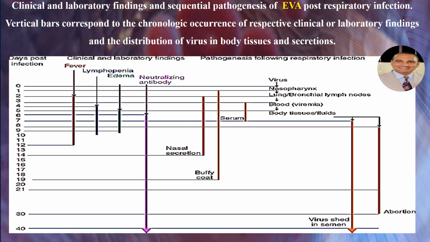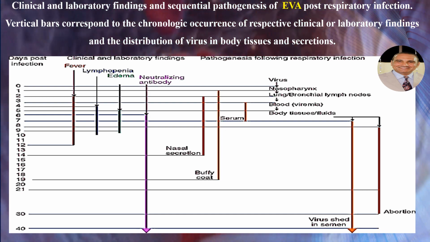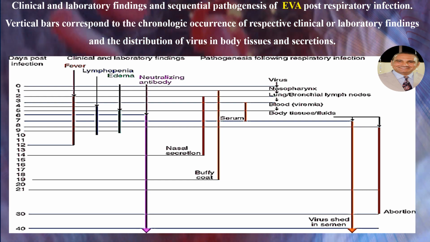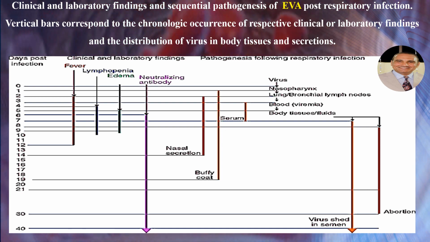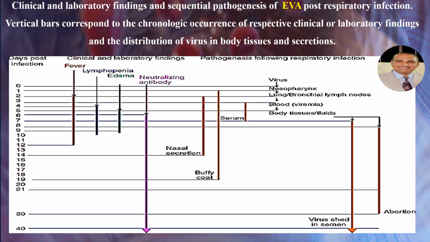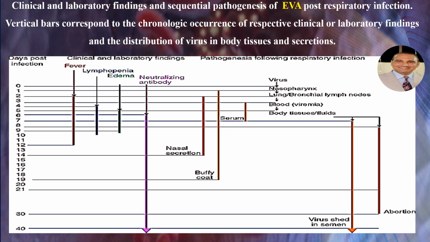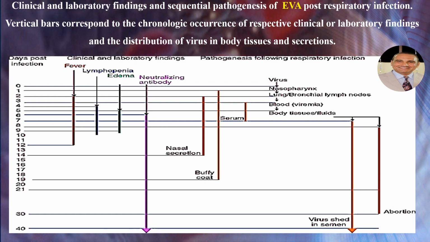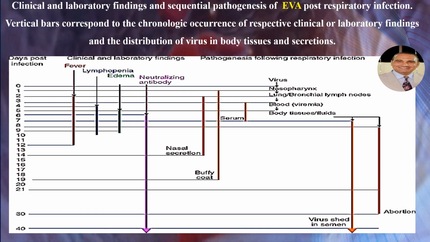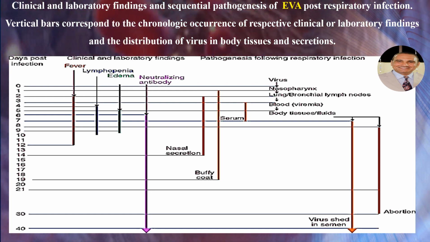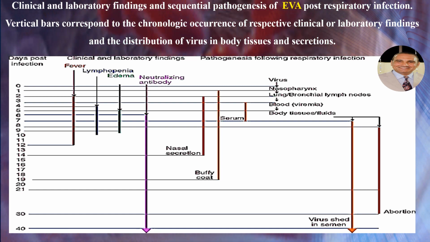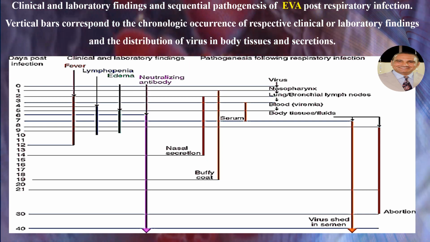The buffy coat and the virus present in it are reported between the 1st day and the 19th day. Presence of antibodies in the serum is reported between the 4th day and the 7th day. The virus is shed in the semen beginning from the 7th day up to 40 days. A portion is noted between the 9th day of infection up to 30 days post-infection.